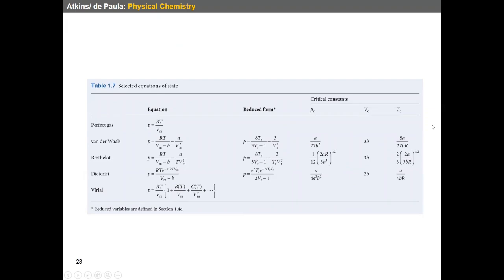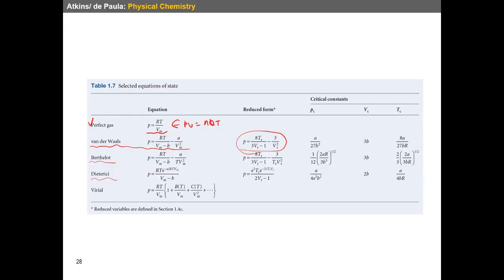Okay, so as I told you, there are a couple of equations of state to explain some kinds of gas states. The first one we know is the perfect gas, P equals RT over Vm. Actually, this comes from PV equals nRT. Now we learned about the van der Waals equation, and we will learn how to form its reduced form too. There are also the Berthelot and the Dieterici